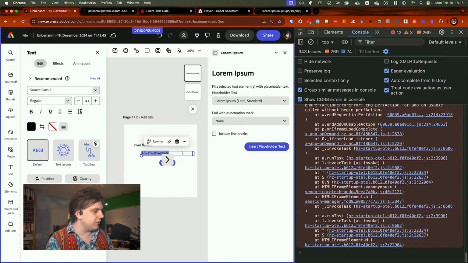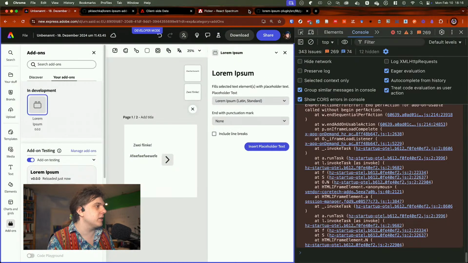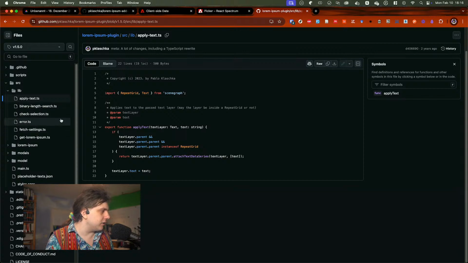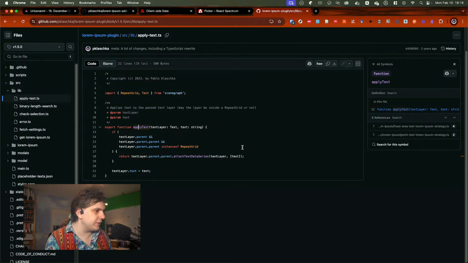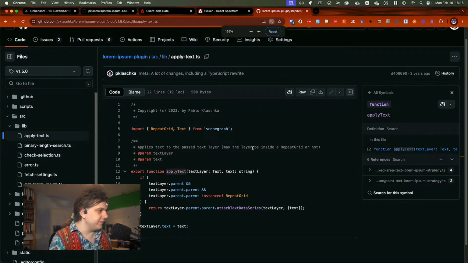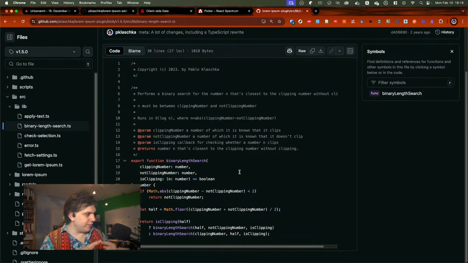All right, let's continue on, and I'll make this a little bit bigger just so that we have something more to work with. And let's continue with our auto hide node. So let's take a look again at what we can carry over in terms of code from the original Lorem Ipsum plugin. So what we did was to apply text, that was just a helper function that deals with some oddities, we might call it, within Adobe XD around repeat grids. So we actually have this binary length search, which we can use to search for the smallest amount of text. No, sorry, the largest amount of text that fits